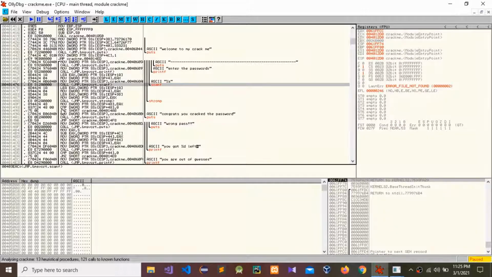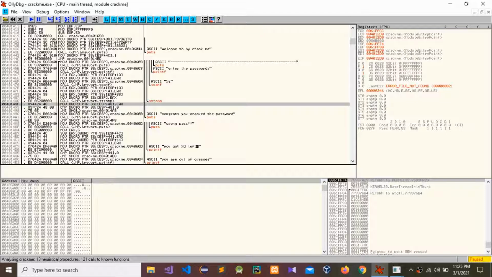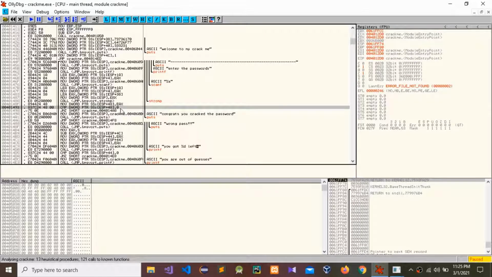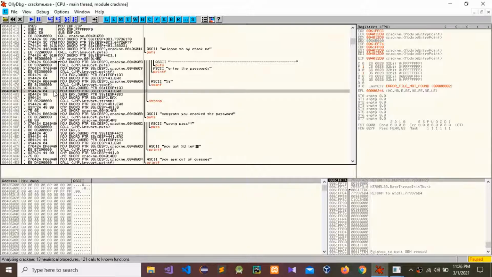You can see some comparisons with dword ptr with a 0, and you can see this move dword ptr, the eax is moving to the pointer, some pointer value. So guys, I'm going to give a breakpoint in here.